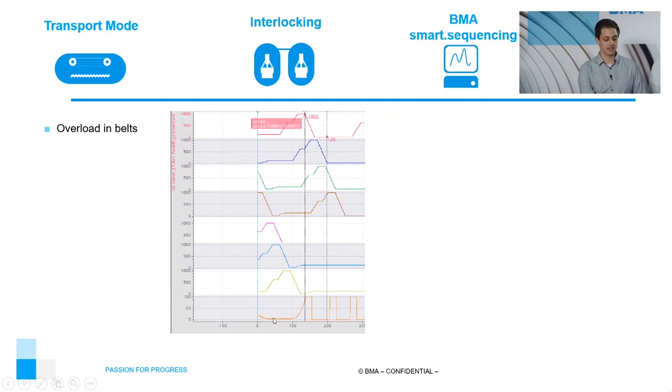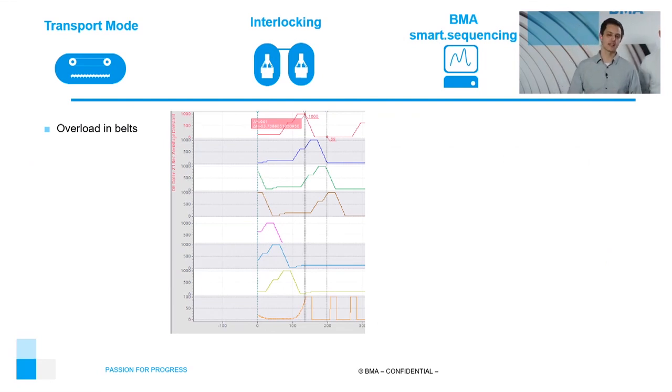The load was okay, but after having all these machines discharging, the load was going to 100%. Then the customer had a safety system that turned off the conveyor. After some seconds, the customer tried again to start the conveyor, but the conveyor was still full. So the safety system again turned it off. To solve this problem, the customer needs to wash the conveyor, and then you are losing all the sugar, or you are losing money. And again, this is not what we want.